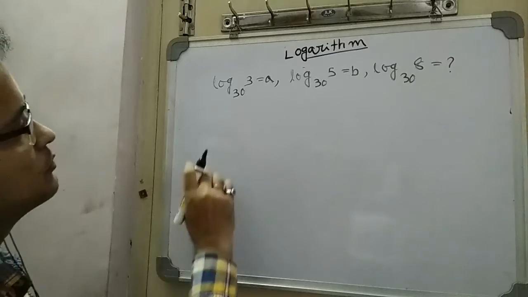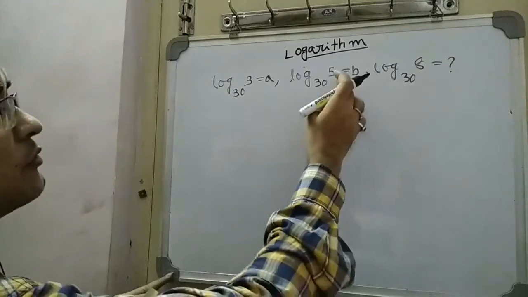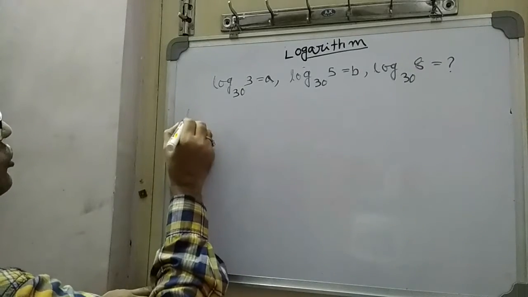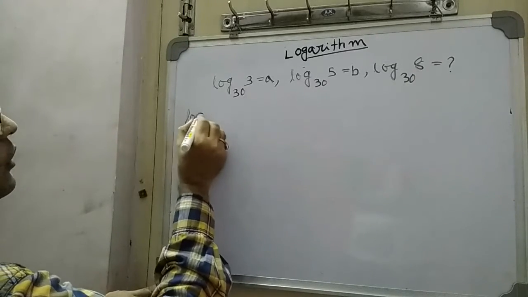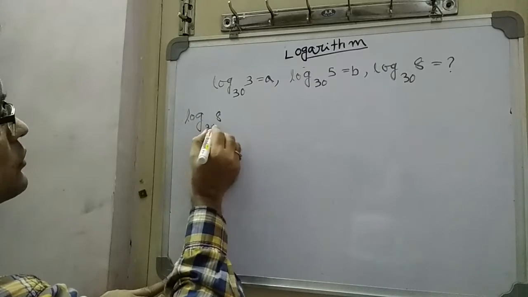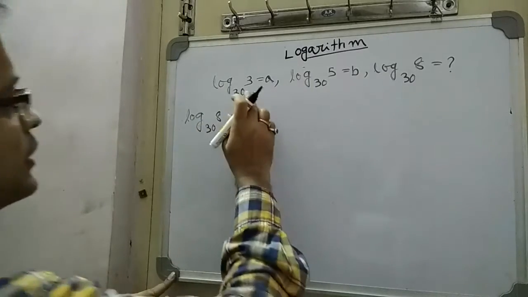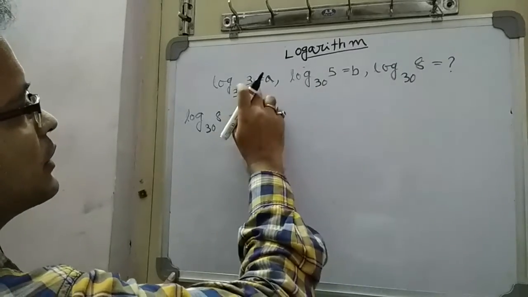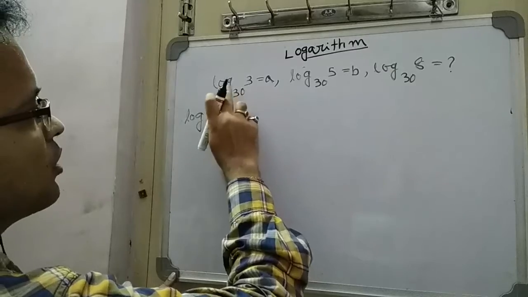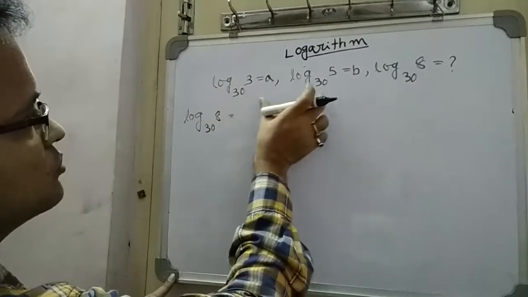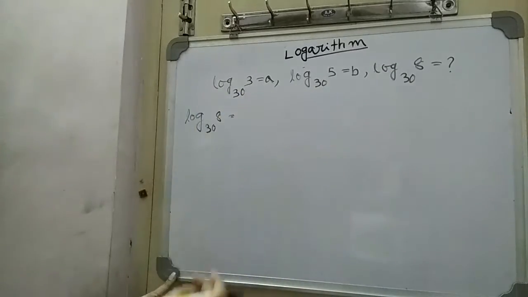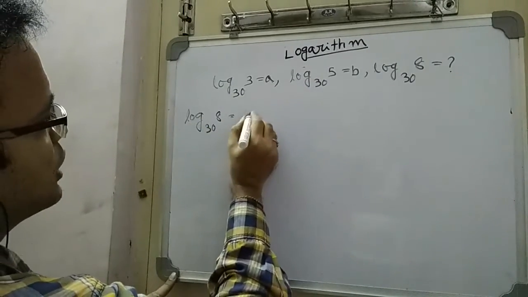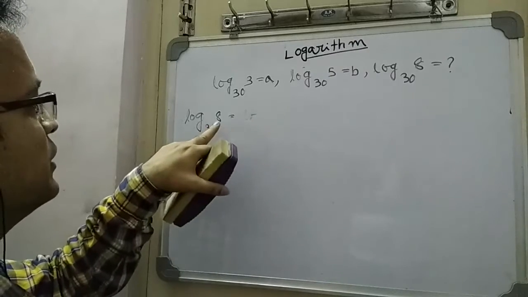Now this is the next problem where log 3 base 30 equal to a, log 5 base 30 equal to b. So what is the value of log 8 base 30? So let's try to find out using these things. So I can use log 3, log 5, log 30, and again multiplied result gives me log 15 by 30. Means if I add these two, so log 15 by 30. That also I can use, because I will get the values in terms of a, b. So what I will do, I will first simplify 8.